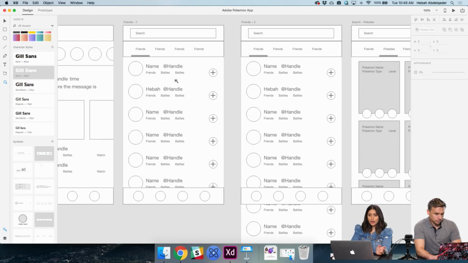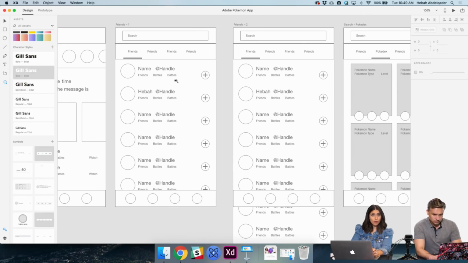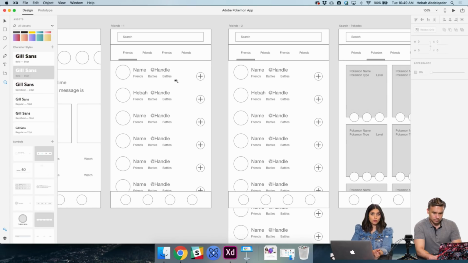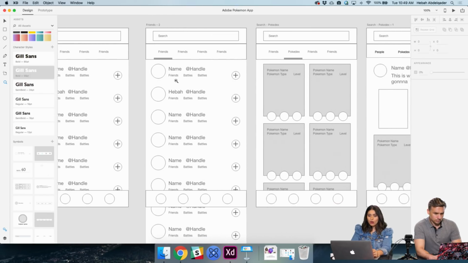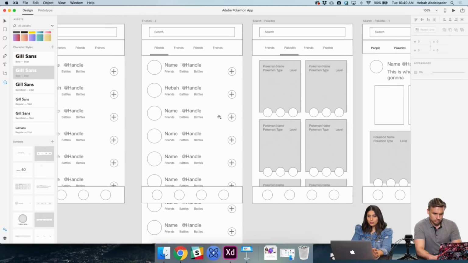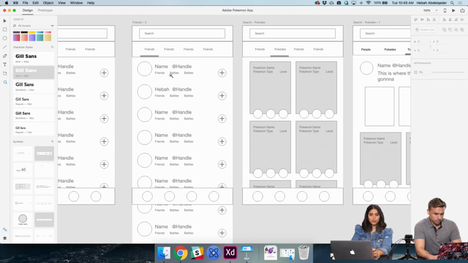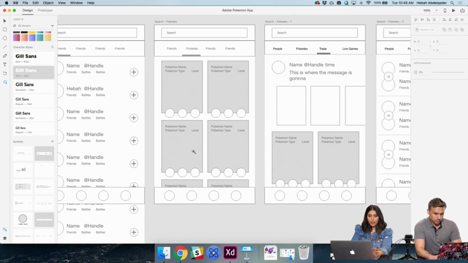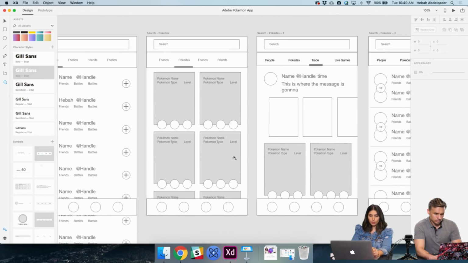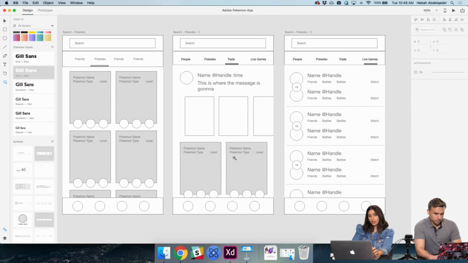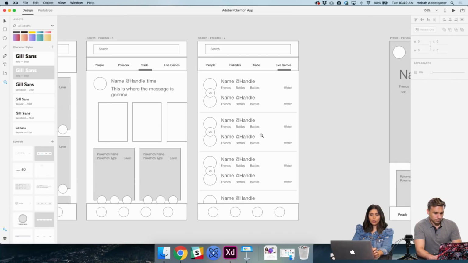You can search for friends, for Pokemons in the Pokédex, for what cards are up for grabs, and finally for games. This is, for example, the search for friends page, this is what your Pokemons look like, and finally the cards up for trade and the live games.